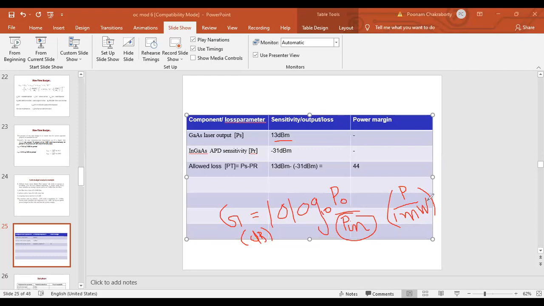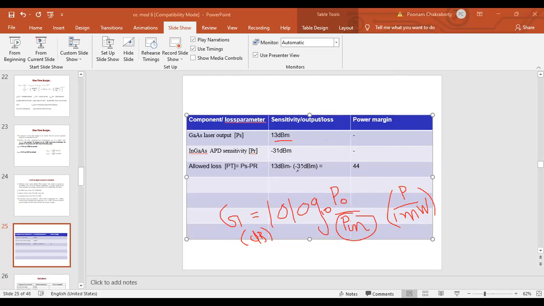But actually my power output is in terms of dB. So when I am subtracting dBm minus dBm, the m does not remain as a unit. This m is indicating here that the reference measurement was with respect to 1 milliwatt. Now in both cases the reference was the same. dBm here also, dBm here also.